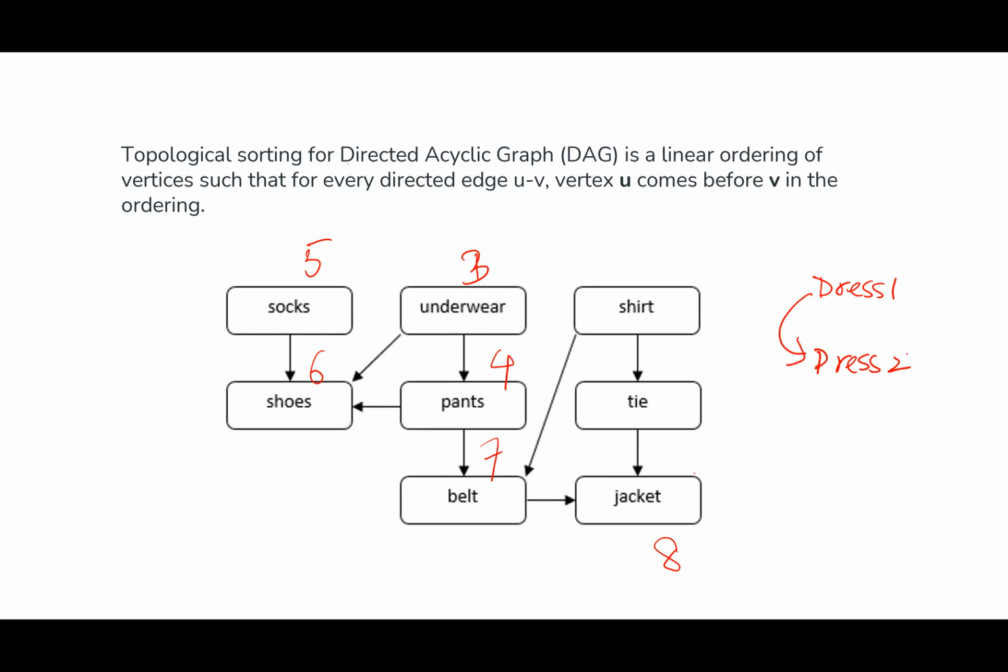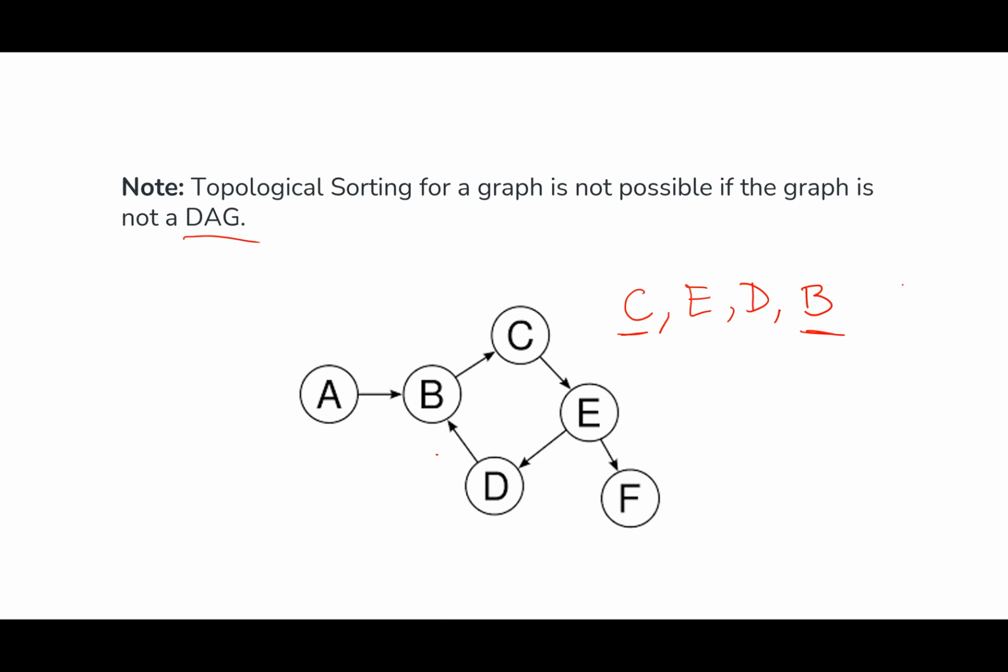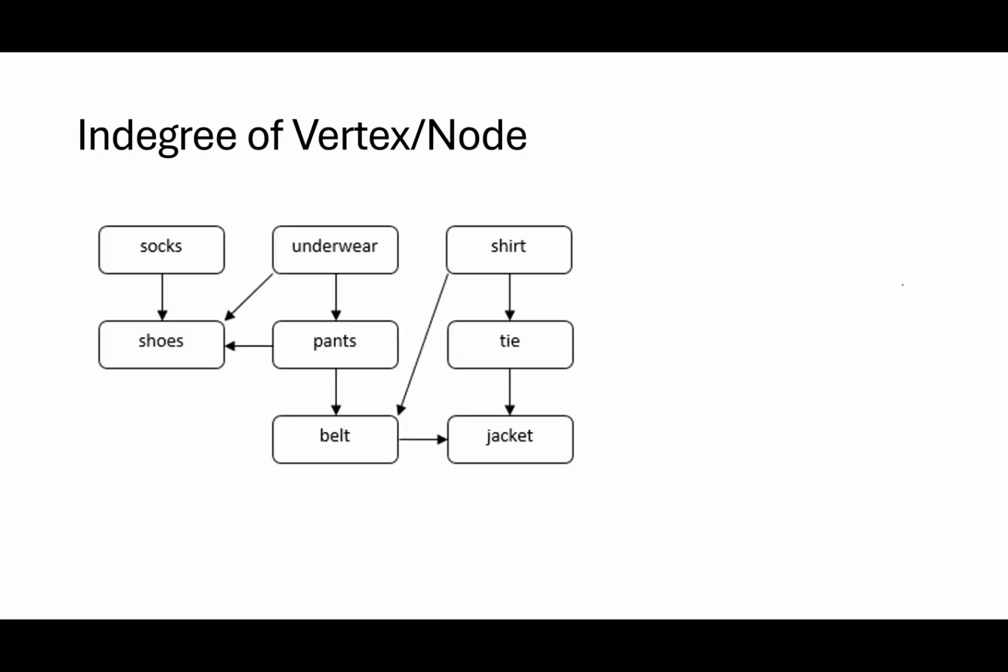And if there was a dependency, like you have to put dress two before dress one, then you could not even dress, right? Because they were dependent on each other. Okay. So from here, now you understand if I have a directed acyclic graph, a directed graph,